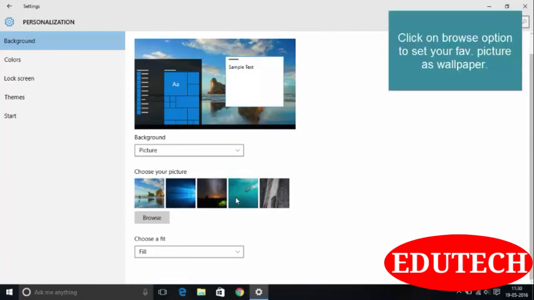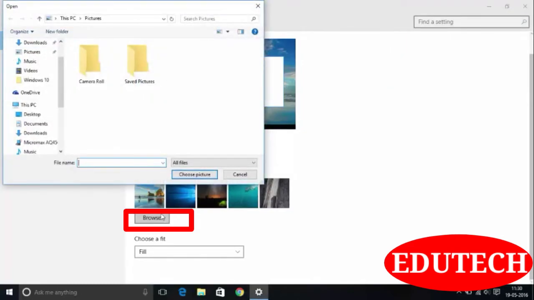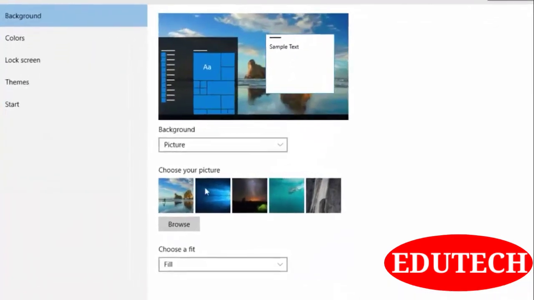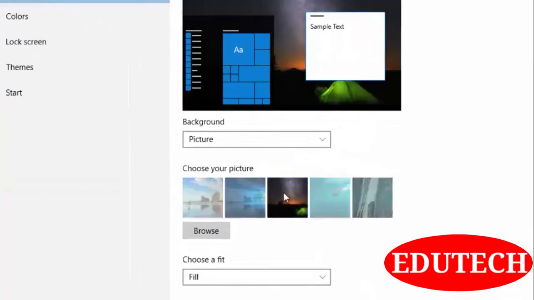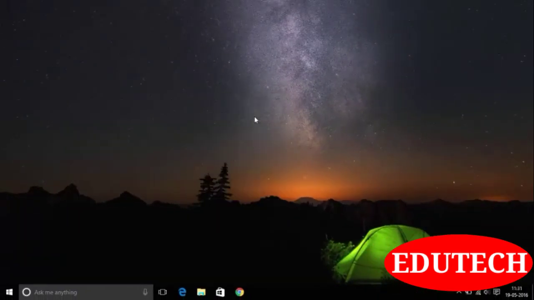If you want to set your own picture, then click on this browse option and select the file which you want to set as your wallpaper. You will have to search your files in your drive. So I want to set this sky background wallpaper and just close it. So here it is. You have changed your background wallpaper.